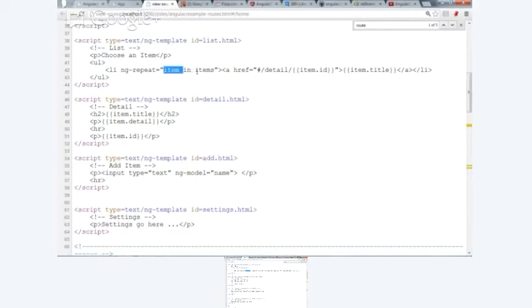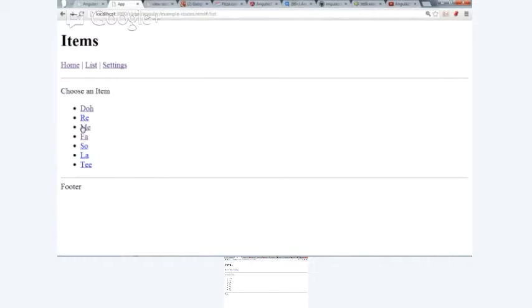Item becomes the repeat variable, I guess. And then you can see I have two placeholders here for the item ID and the item title, and that will just grab that field from that particular object out of the array and display it. So that's what you're seeing here.